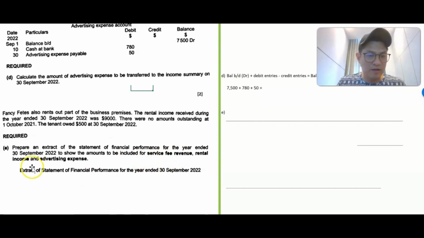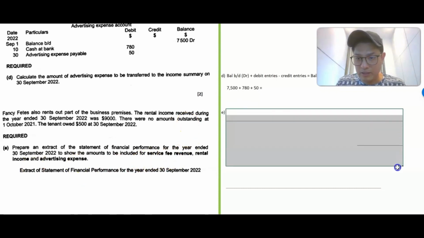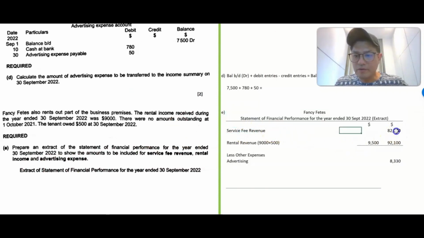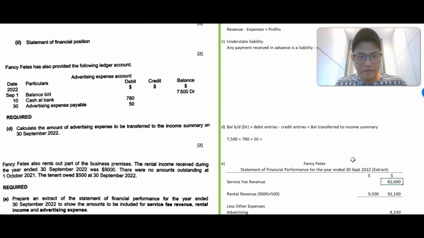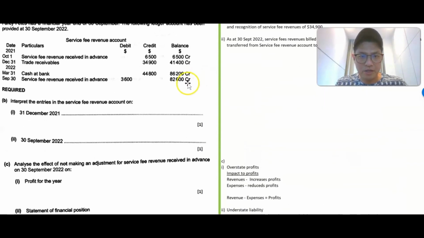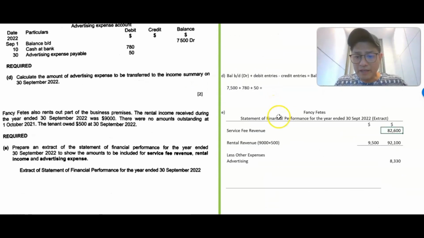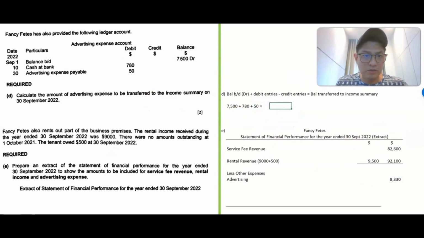They've asked us to show an extract of the financial statements, including service fee revenue, rental income, and advertising expense. So these three lines. Let's see what I prepared here. Service fee revenue is 82,600. I've extracted it from the top here, and that's pretty straightforward. Then on top of that, there are additional revenues. There's rental revenue. Now I've called it 9,500, and I'll explain in a bit why. And then this total is the total revenues, service fee and rental revenues. Then there's less expenses, which is advertising, this amount here,